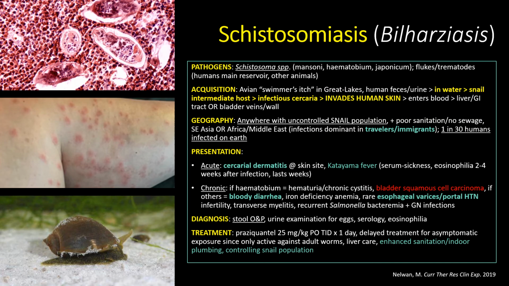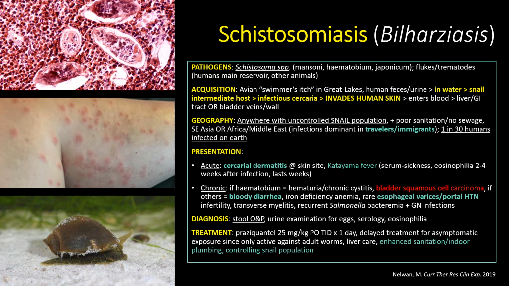Lastly, the most important fluke to know is Schistosoma species, of which several species cause important infection in different geographic locations throughout the globe. Schistosoma, unlike other trematodes, is acquired by burrowing through the skin, like our nematodes Strongyloides and hookworms. Although it is not through human feces, instead it's from water contaminated with a high population of infected snails, which are the intermediate hosts. There is a variant of Schistosoma infection common in North America, known as swimmer's itch, which